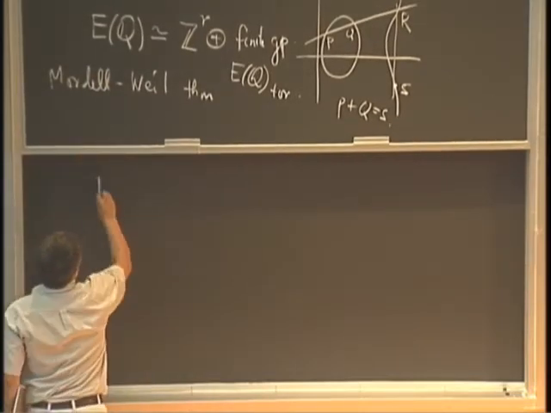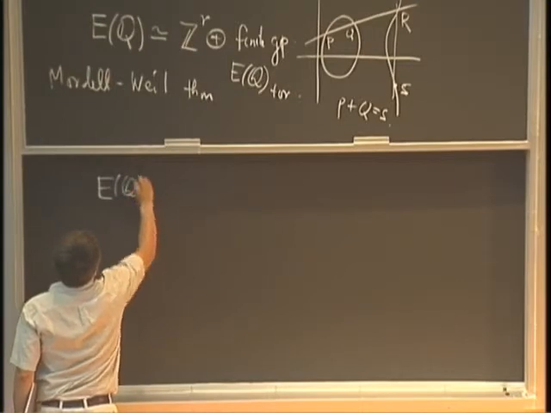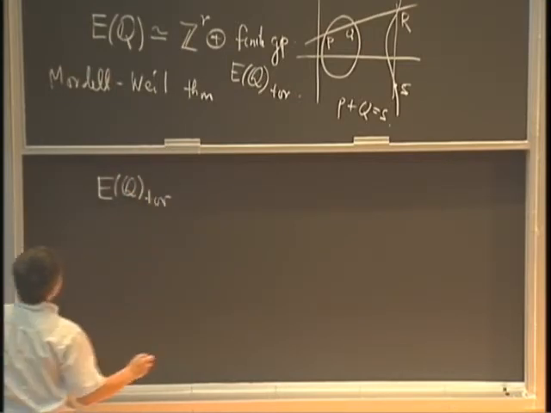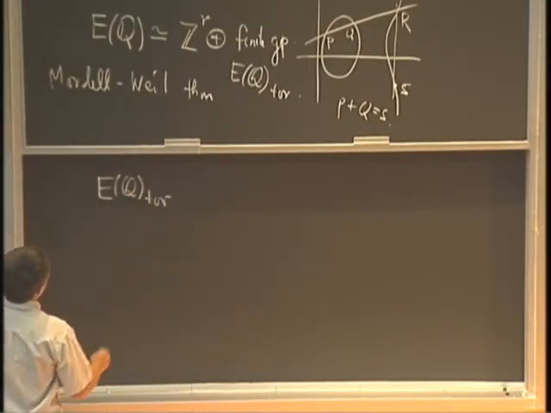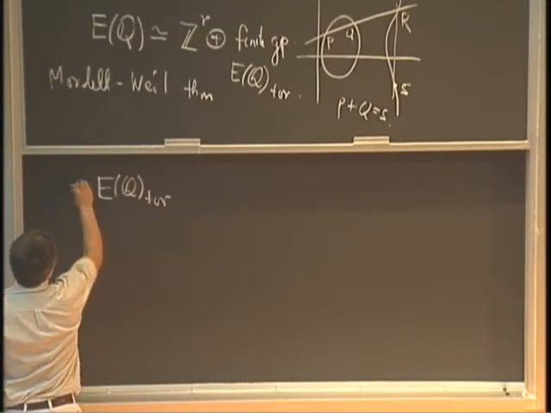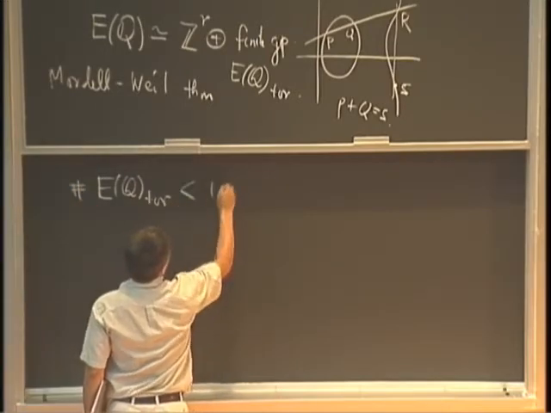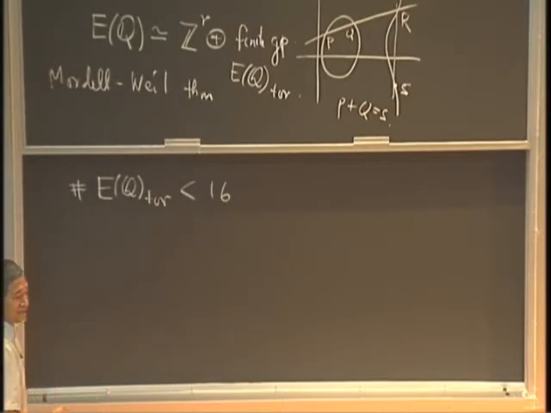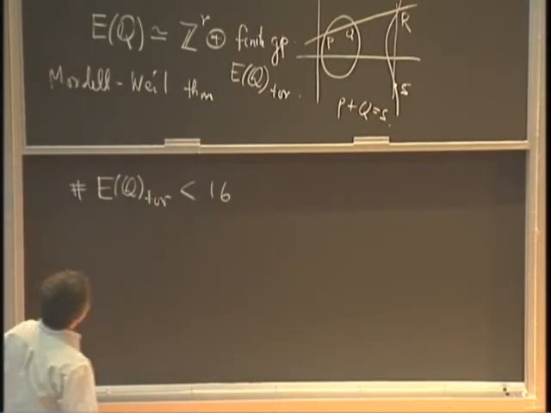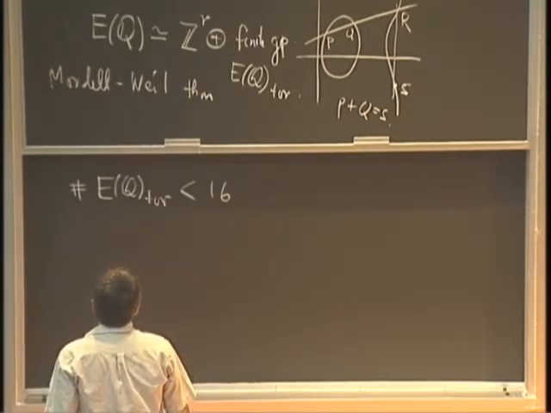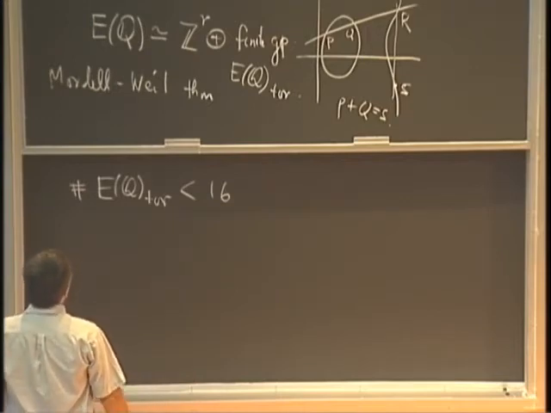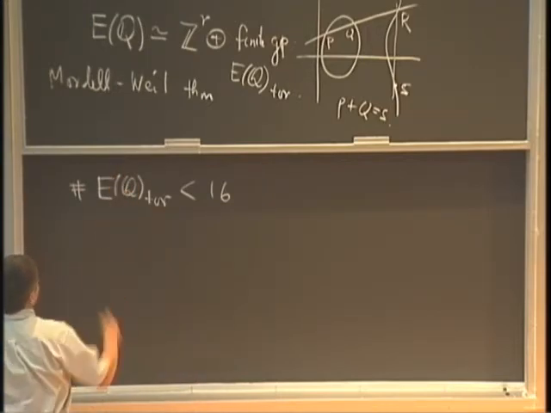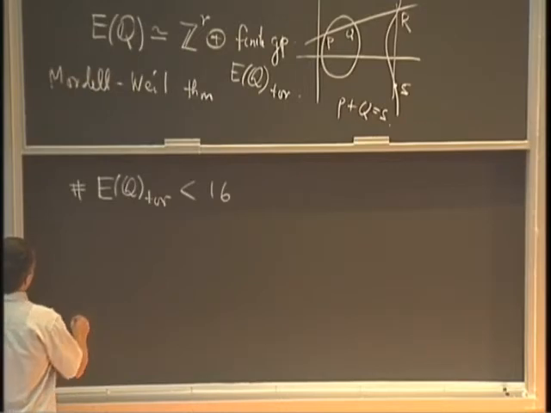The torsion part is actually not very big. By a theorem of Mazur, I guess it is less than or equal to 16, I forget. And then the rank part R, we don't know how big it is, but there is